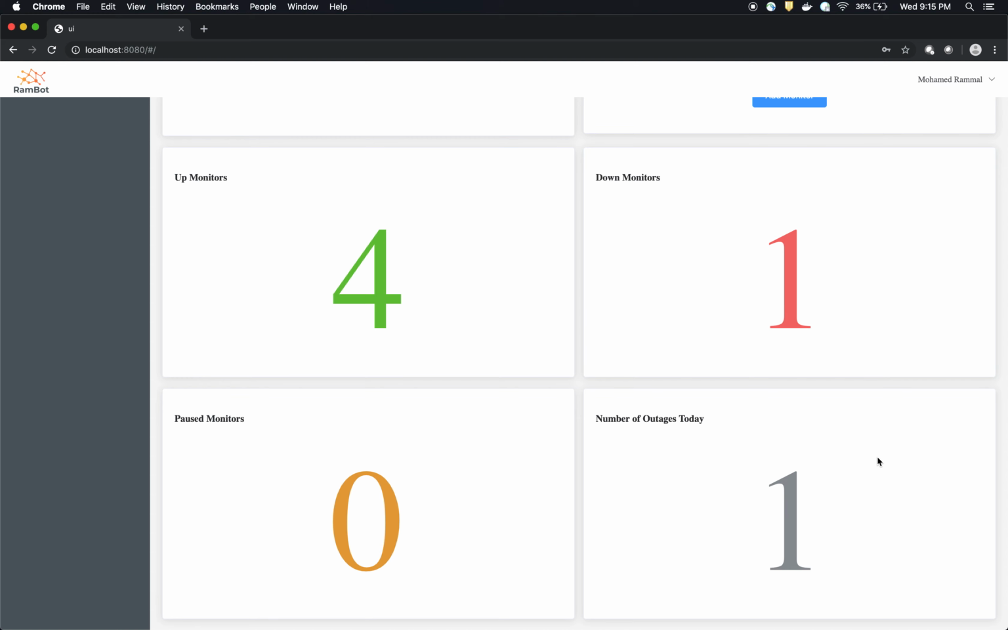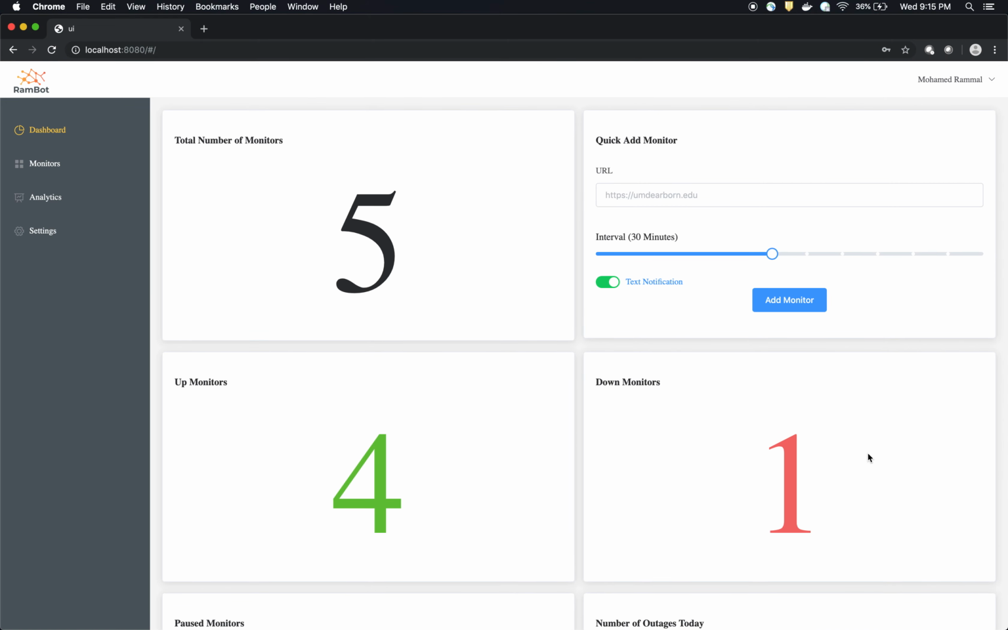An outage is defined as a service that goes down and then up. So that's one outage, or a service that goes down and is still currently down. So that's another outage. Here we have a quick add monitor tile. So here we can quickly add